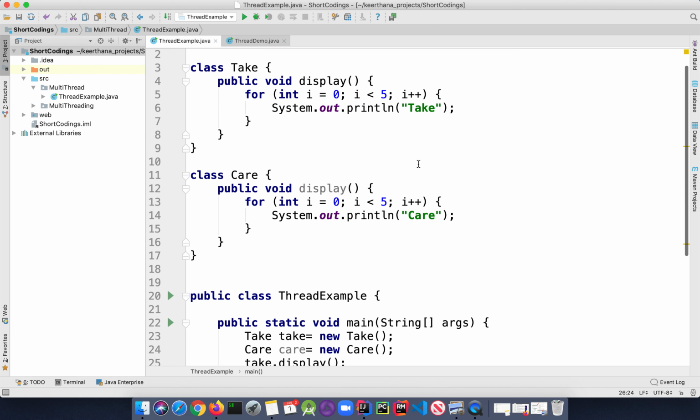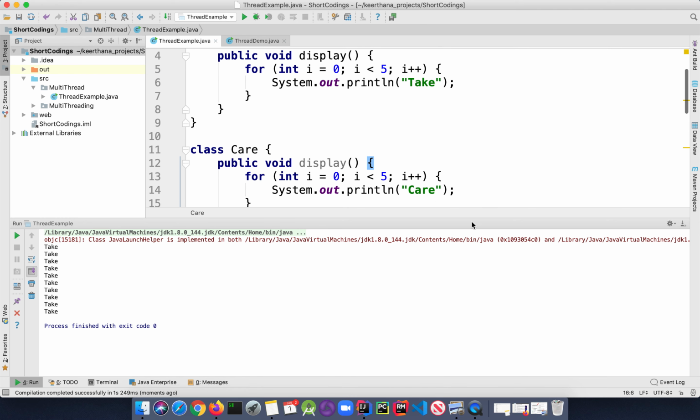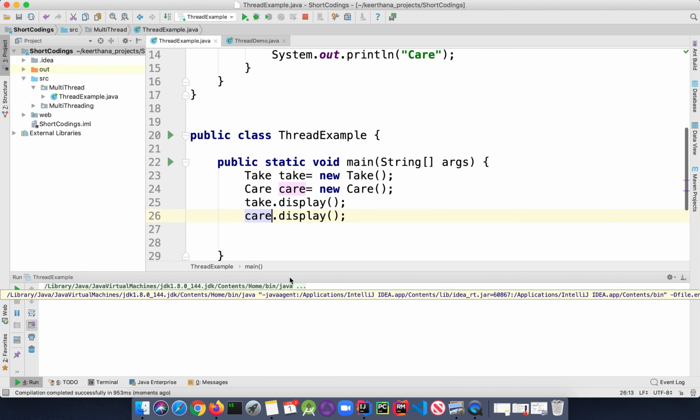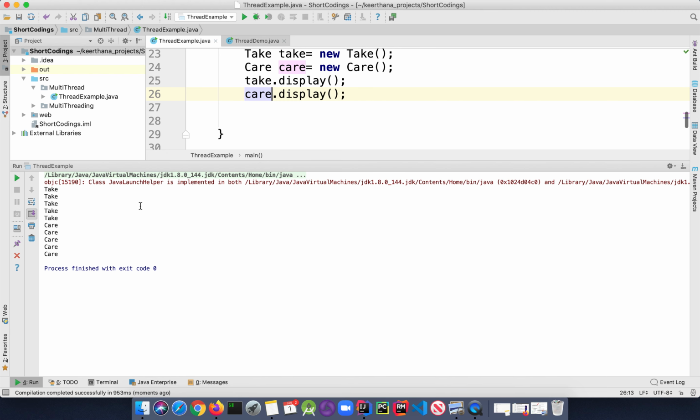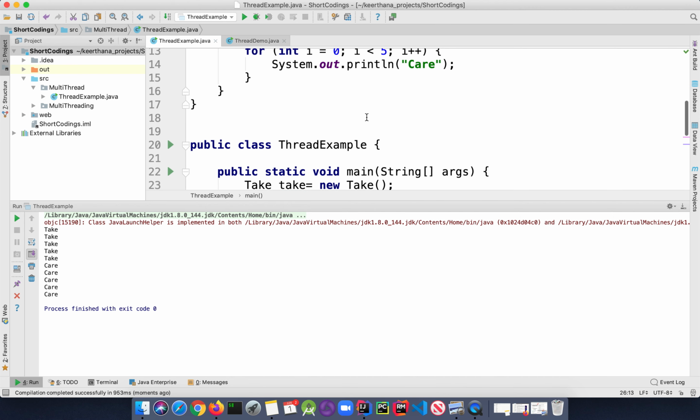Let's see what is happening here by running this. Okay, what has happened here? Instantly when you invoke these methods, the word take is displayed 5 times and the word care is displayed 5 times. In case I want to delay